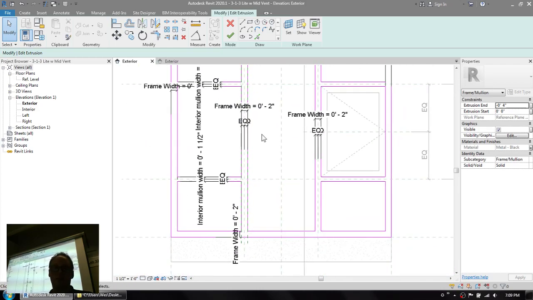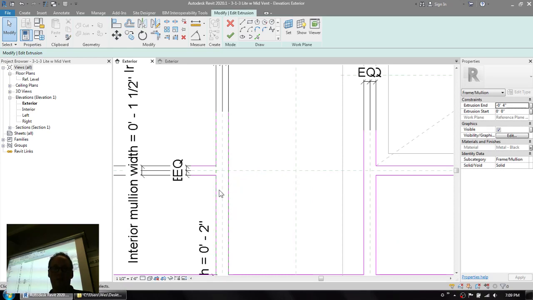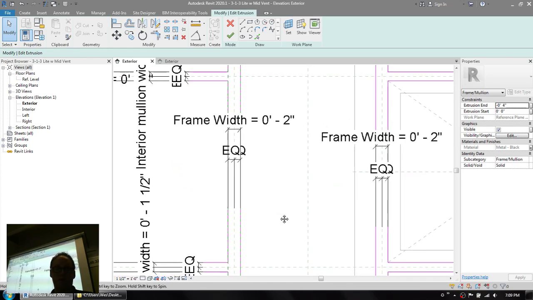Now you might decide that with your frame you want the frame's edge to be on this reference plane. That's fine. Then you're just offsetting to one side. But if you want to keep it equidistantly spaced and centered on a reference plane, that's it there as center